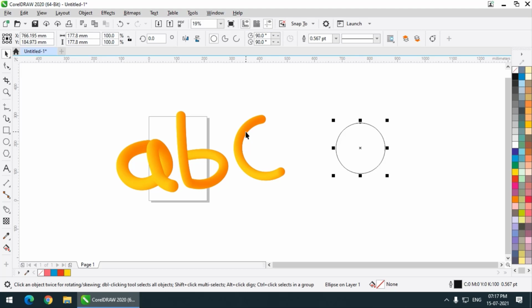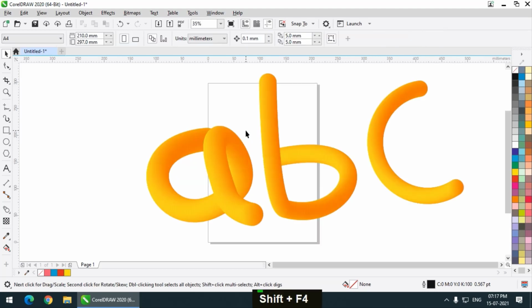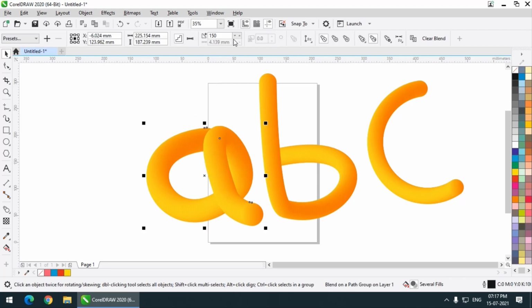This is very easy to apply, and as I mentioned earlier, we will see how. And if you want to decrease the blend steps, you can always decrease them so that the steps are visible, if you want them to be visible like this.